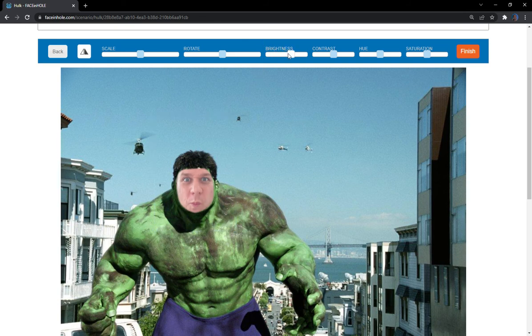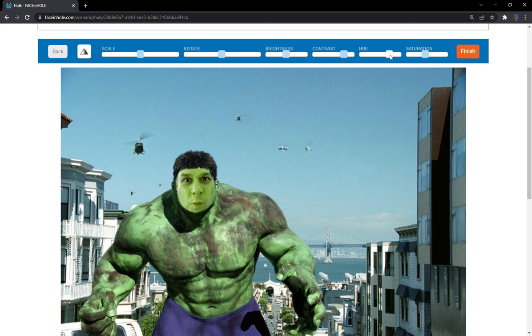change the brightness on this, fairly bright, quite a lot of contrast, and then we've got to work with the hue. Hey, we've got to try and get the correct shade of green here, so I'm going to keep moving it into the greens. It goes quite dark green over there. Let's try saturation up and down as well. Way too green, hey. Maybe the brightness is very high on this as well,